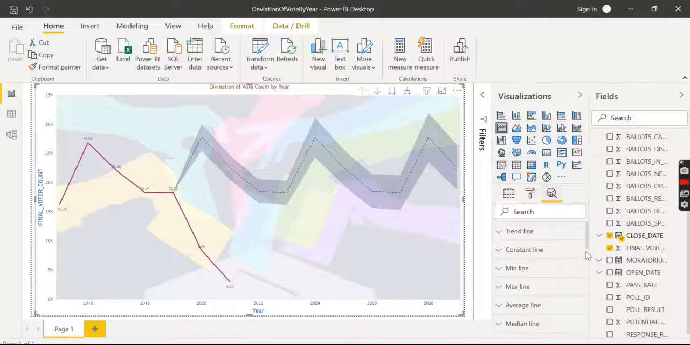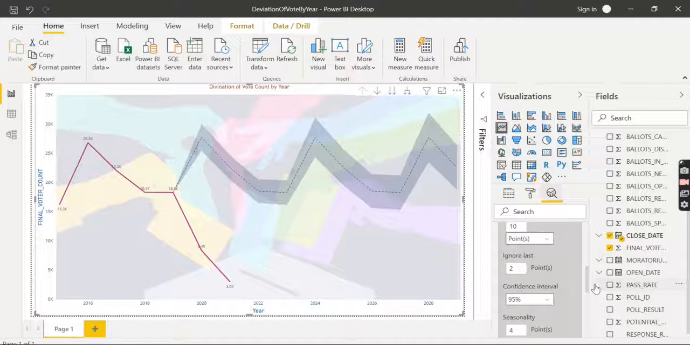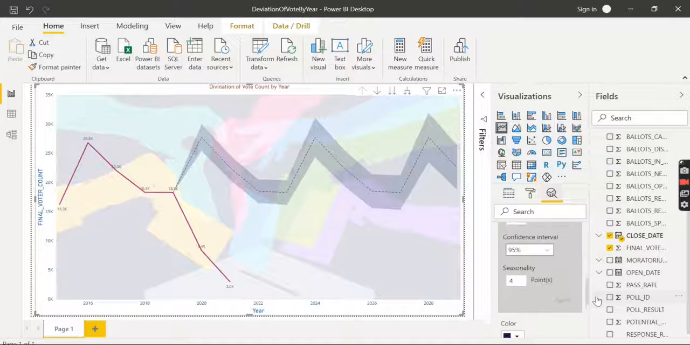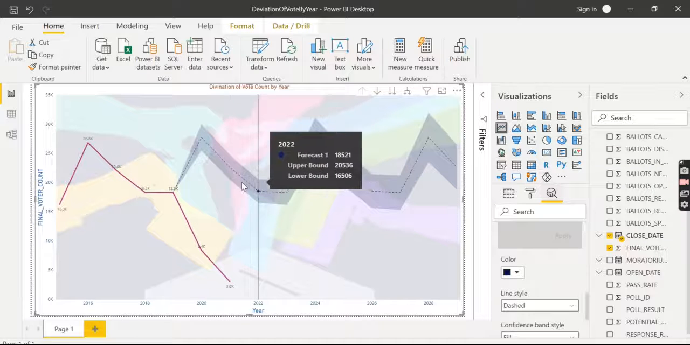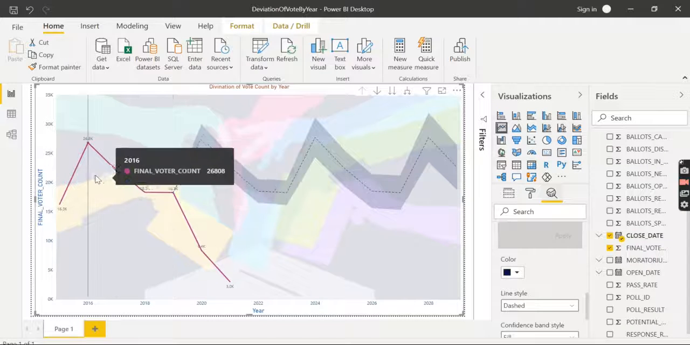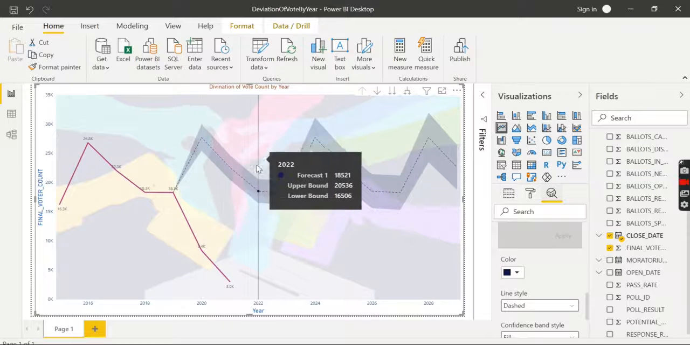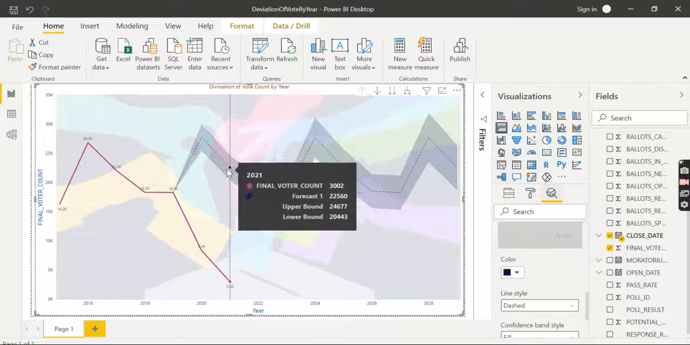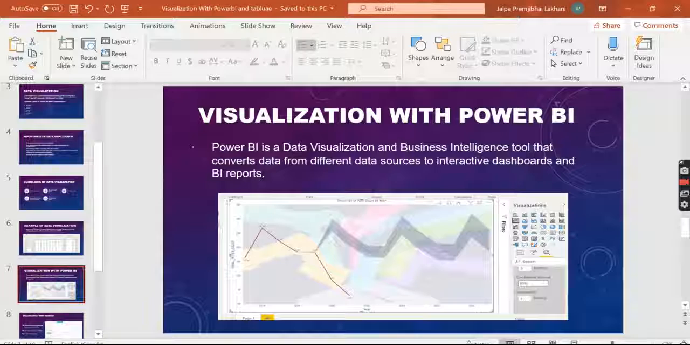And the next is forecasting. You can see that here I choose 10 points on forecasting and ignore the last two. And seasonality, you can choose any color. Here you can see that I choose the dashed line for forecasting and a continuous line for my data. This chart is really interactive. You can see the data at any point. And back to the slide,